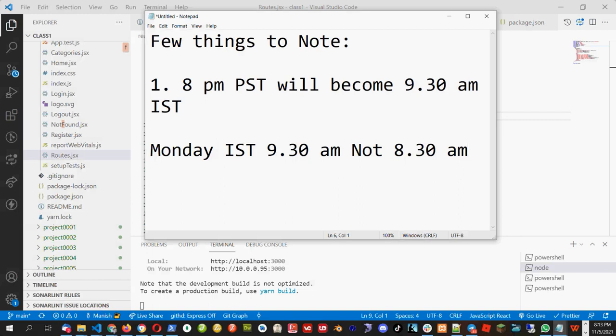And those who are in PST, they will be having the same time, 8 p.m. PST. Only Indian Standard Time will change, and you have to check your country. What is 8 p.m. PST in your country? So this is the one point. Second point is